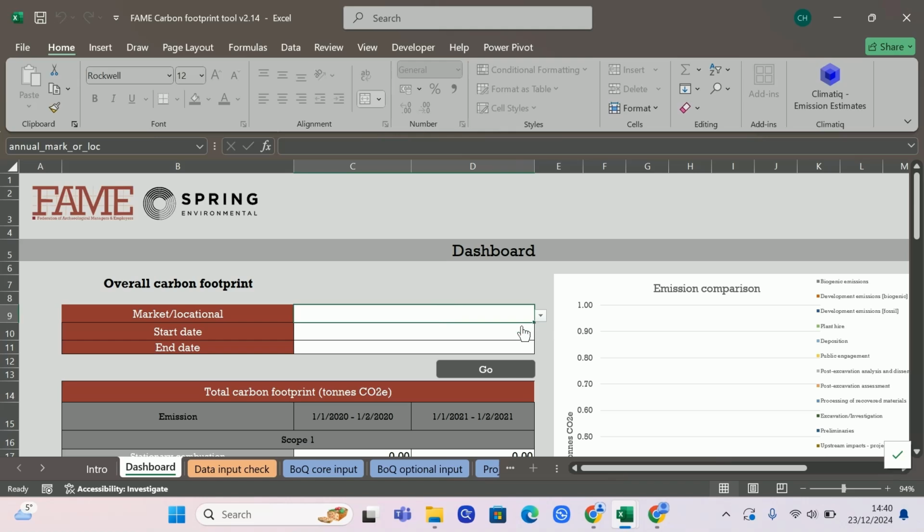So if I just demonstrate on the overall carbon footprint first, we can see that the first drop down is present when producing a footprint within any of these 4 formats. So we've got a market-based versus locational-based carbon footprint to choose from. This was touched on in the overheads video, I do believe, but a